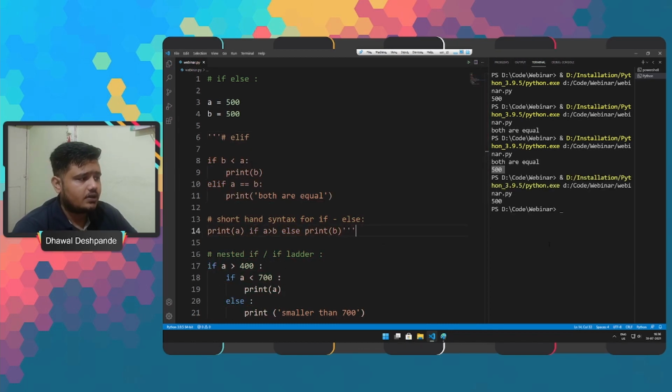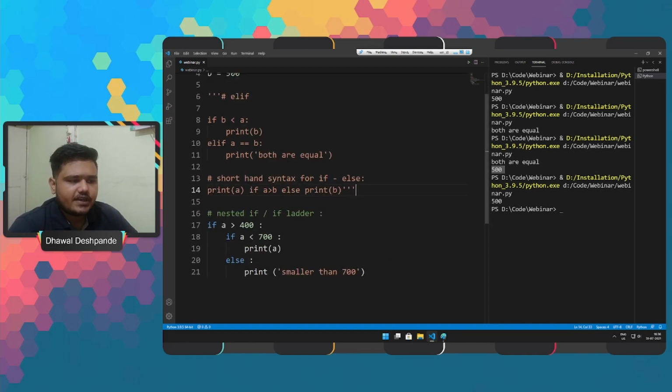So if we run this, we will see that first the if condition is tested, if it's true or not. If it is true, then the second condition is tested, if it is true, right? As the second condition is true, it is running the if code block here.